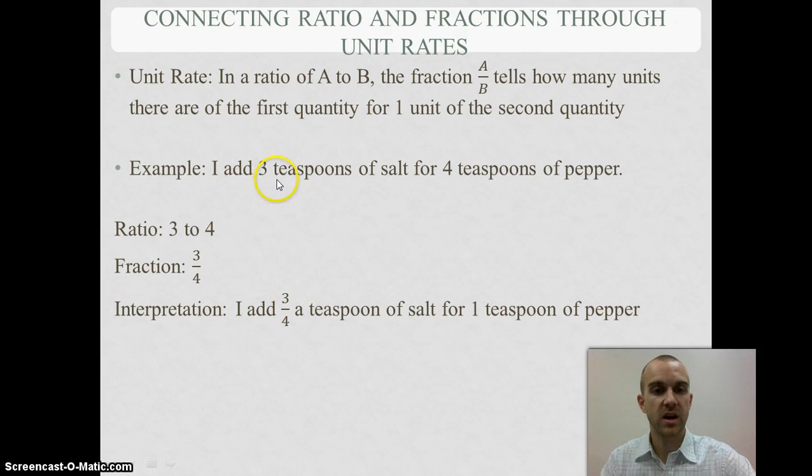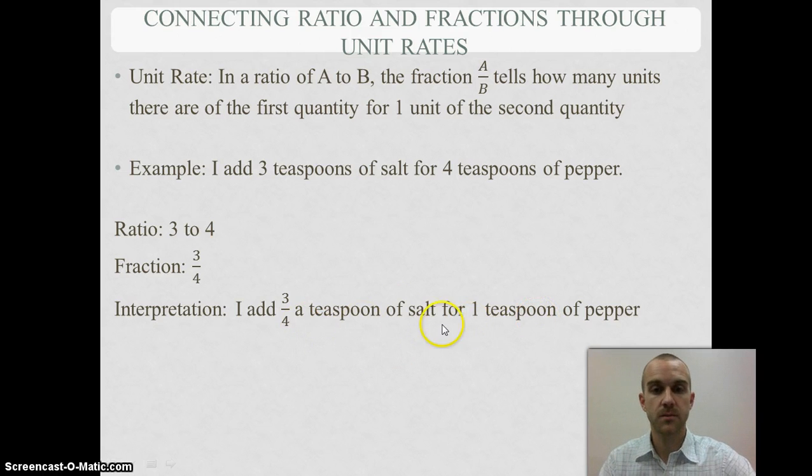So if I look at this, I have 3 teaspoons of salt for 4 teaspoons of pepper. That's a lot of salt and pepper, and I may not need that large of a ratio. So instead, I can divide both terms by 4, because I've got my ratio of 3 to 4, and that's going to change my first quantity to 3/4. So now I have 3/4 a teaspoon of salt for every 1 teaspoon of pepper,